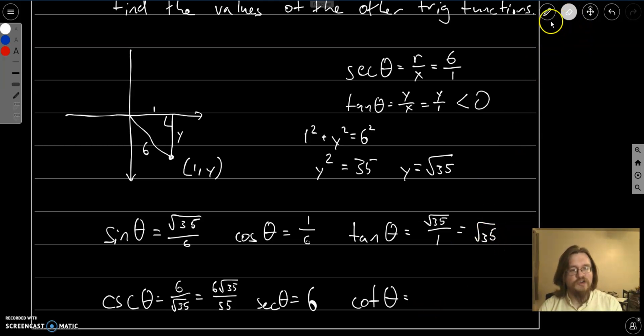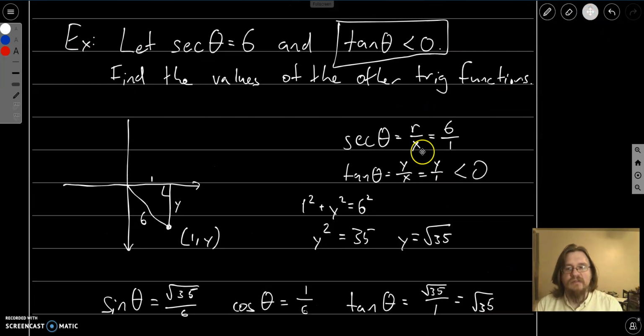The cotangent should be the reciprocal of this, so 1 over the square root of 35, which if I rationalize this, if I multiply the top and bottom by the square root of 35, I get the square root of 35 divided by 35. So that's it for